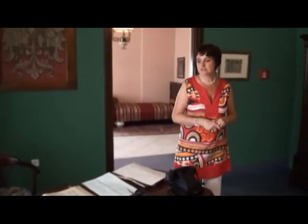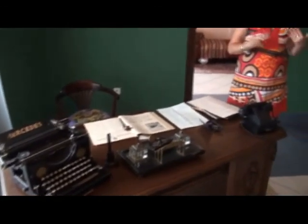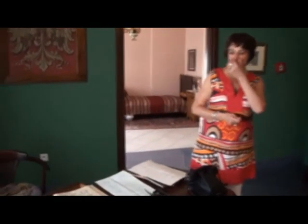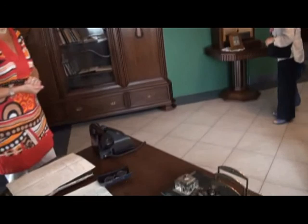This furniture is all original from the office of Alexander Orłowski. Alexander Orłowski was a very important person in Oświęcim town before the war. He was in the post office. He was the boss of the post office, so at this time it was a very important job. And also he was a composer. He wrote the hymn of Oświęcim, played always at 12 o'clock. You can hear this music from the